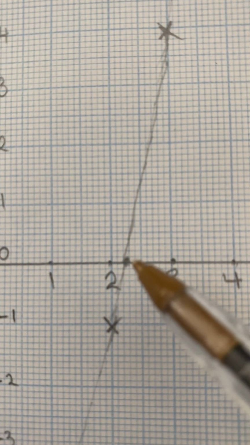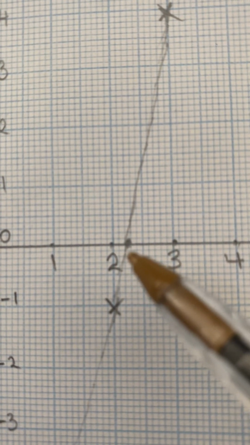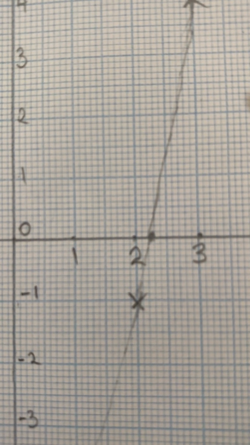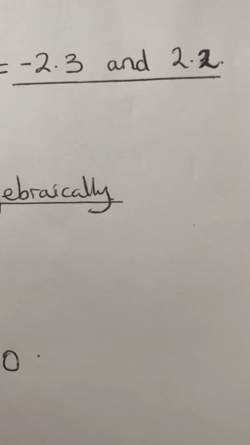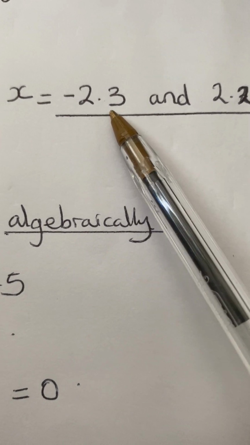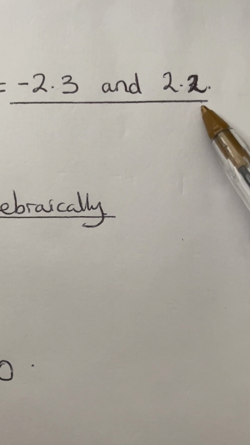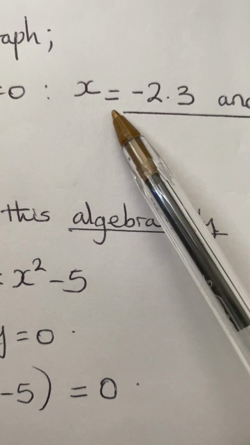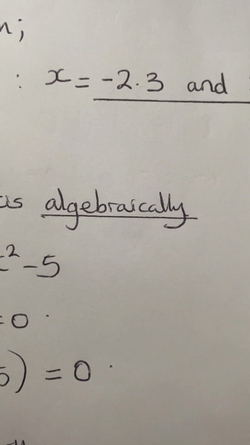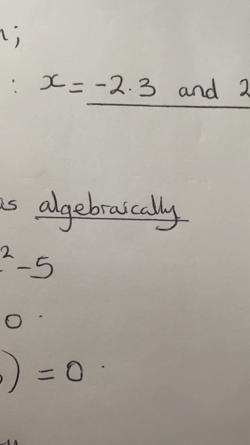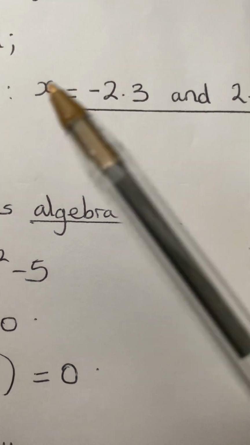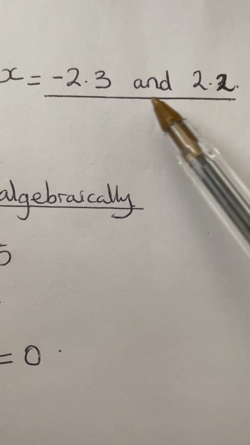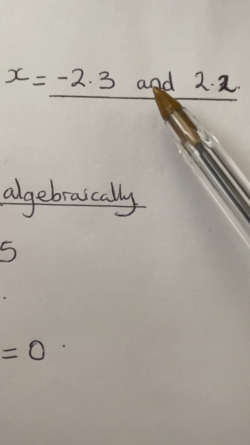When I look at this closely, it's about between 2.2 and 2.3. Okay, so I've written here minus 2.3 and 2.2, positive 2.2. Now they said I should find x. They didn't ask me to leave the answer as coordinates. So you're just going to put the value of x's. Okay, follow what the question is asking you.